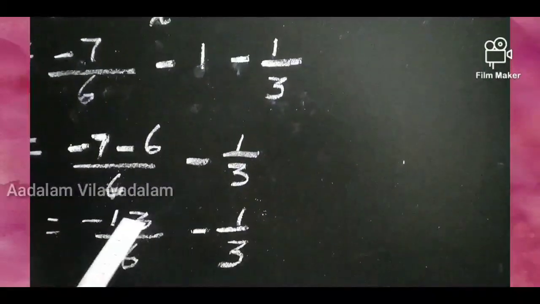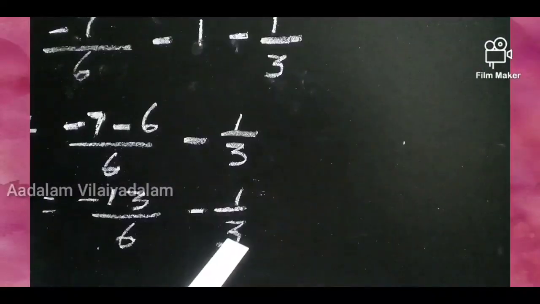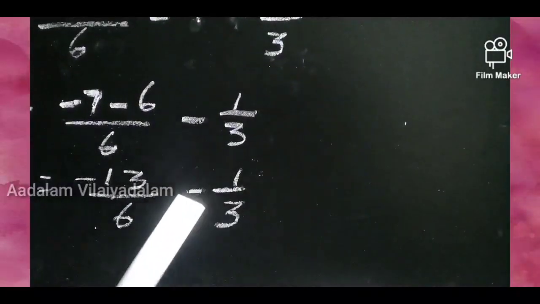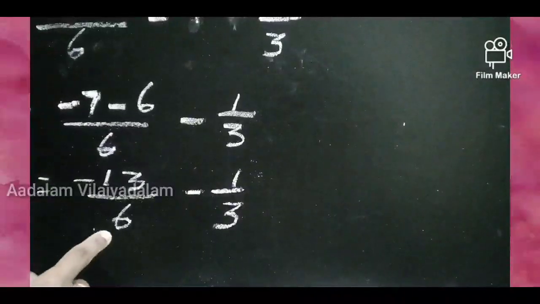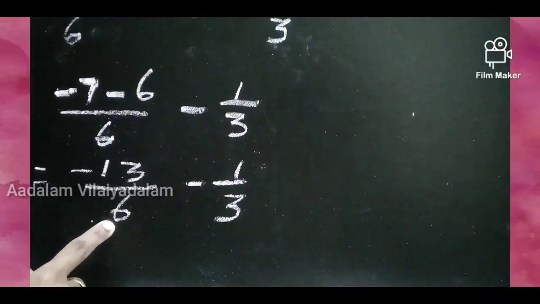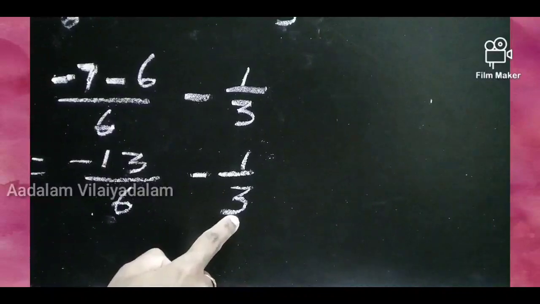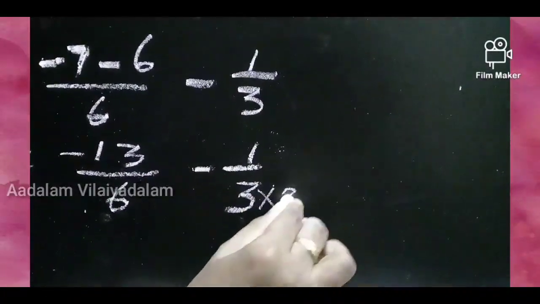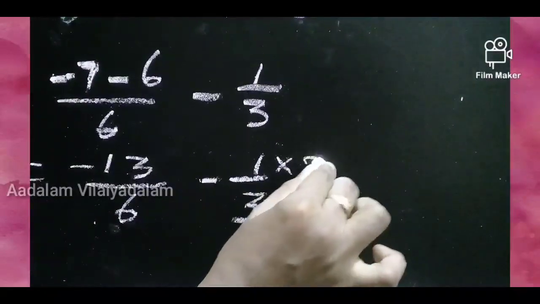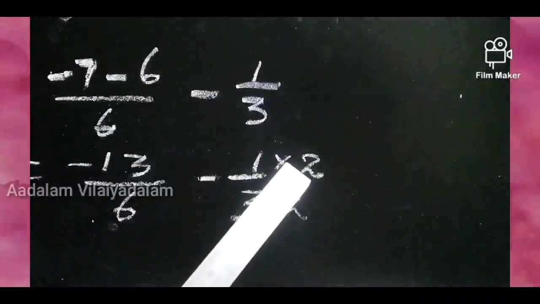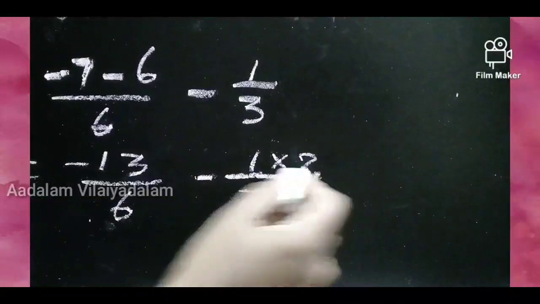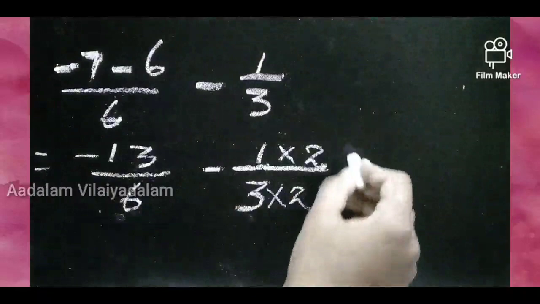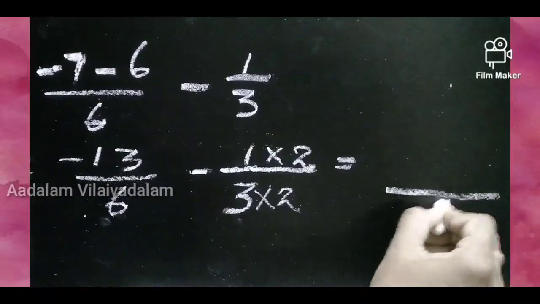Now we have to combine minus 13 by 6 minus 1 by 3. So here what is the LCM value? 6 and 3. So 6 is the LCM only. So already first denominator 6 is there. We have to convert the second one only. So 3 table, 6 how many times? 2 times only. So 3 2s are 6, into 2 multiply by 2. So multiply 2 and divide by 2 also. Now the denominator is the same. Here first one is 6, second one also 6. So the common denominator is 6.